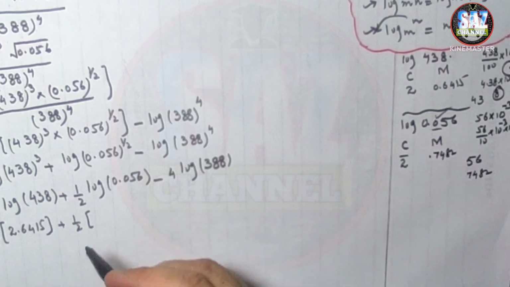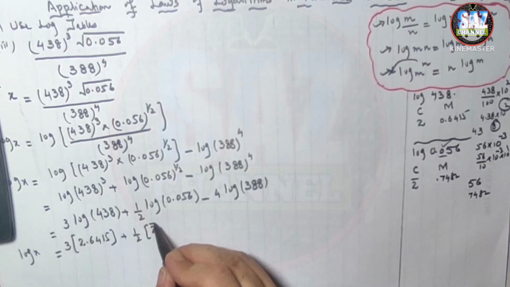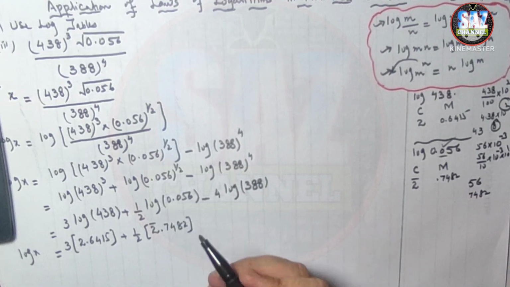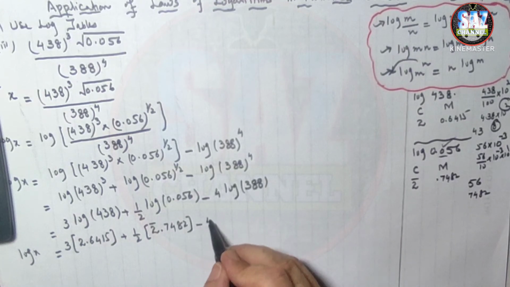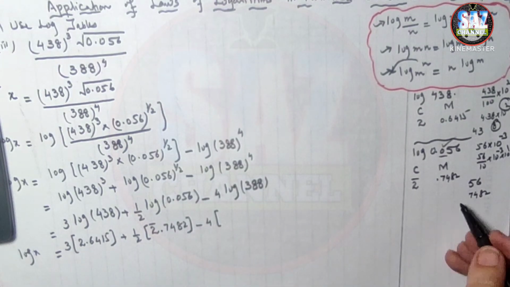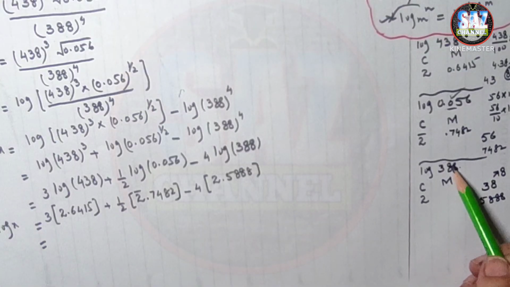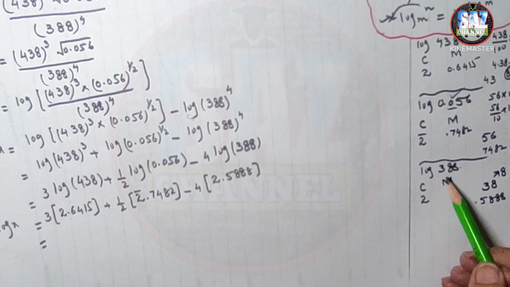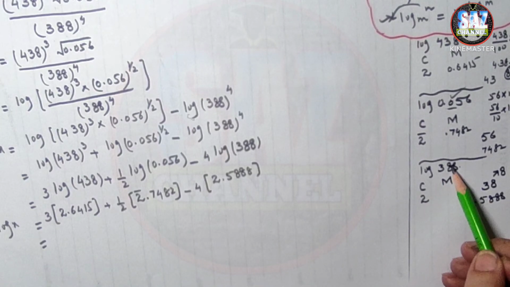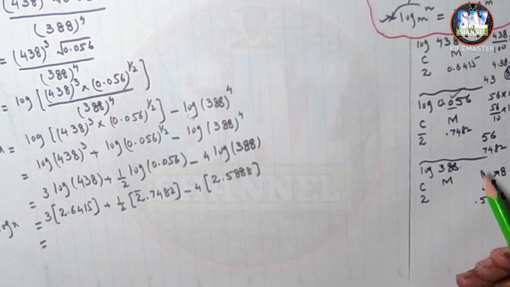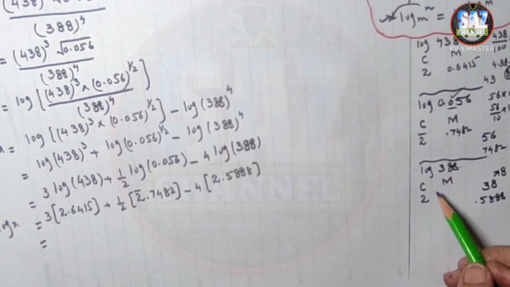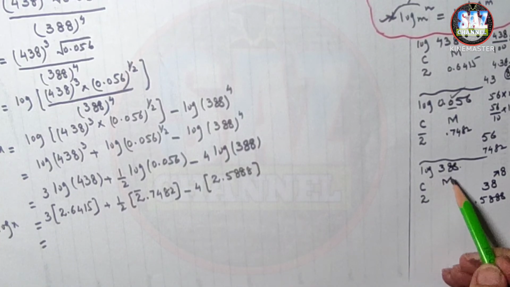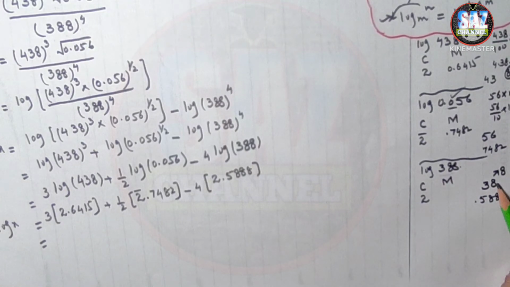0.7482, and the log entire value will become 2.7482. And moving to the last part, -4, and the number for which we have to locate the log is 388. For 388 the characteristic is 2, because this number has 2 digits in the integral part, and the characteristic of the number which is more than 1 is always 1 digit less than the number of digits in the integral part. And for Mantissa part, I have to turn this number into 4 significant figures,